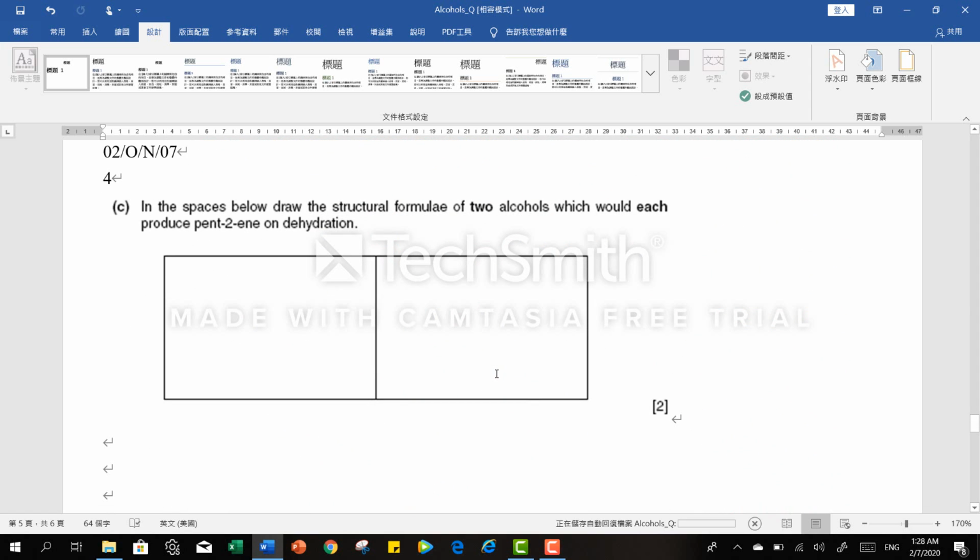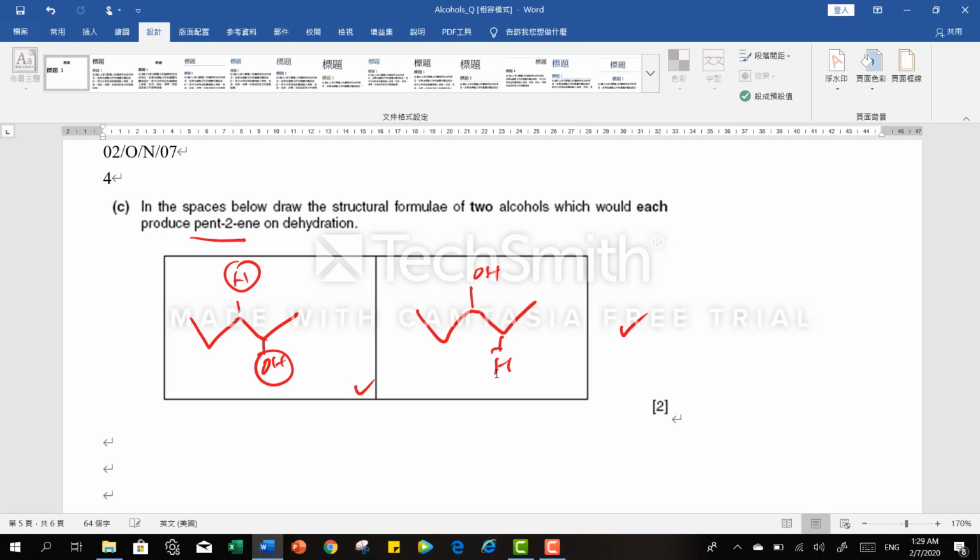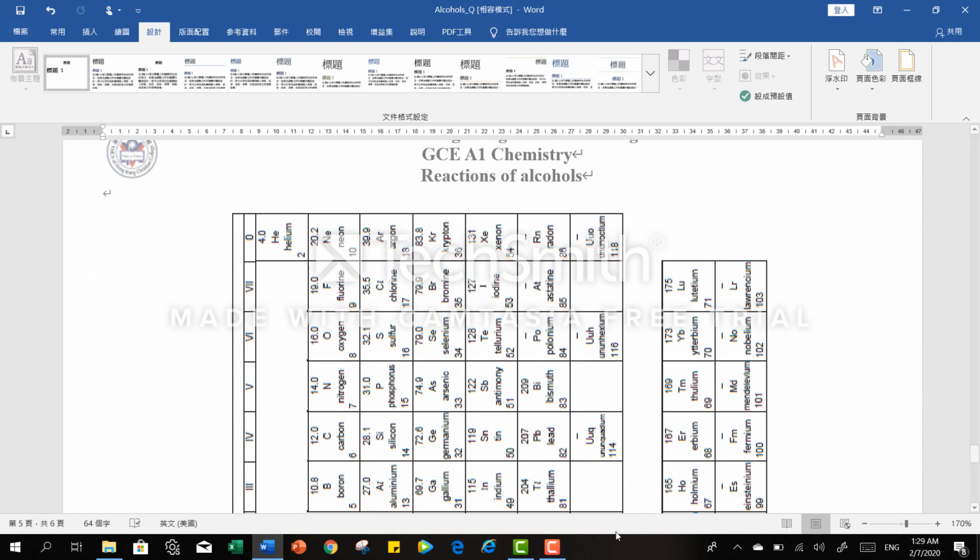In the spaces below, draw the structural formula of 2 alcohols which will produce pentene. Very easy. One is this one. The other one is this one. Think about this. Why? When the water is removed, you get pentene. Okay? Okay, this is the end of this